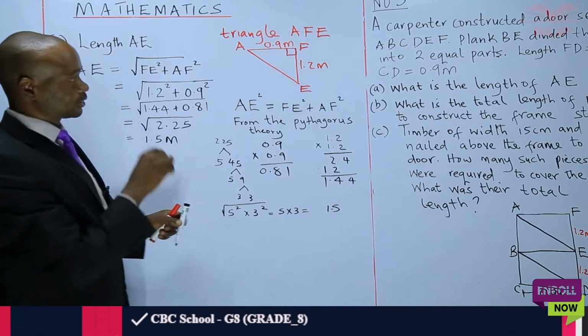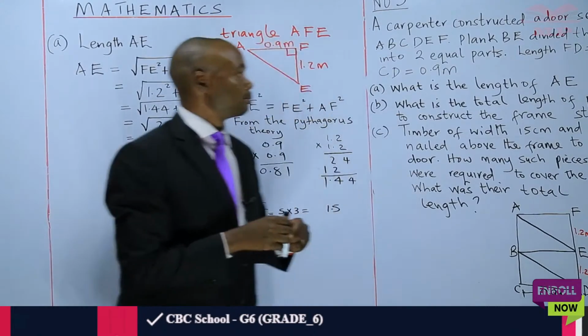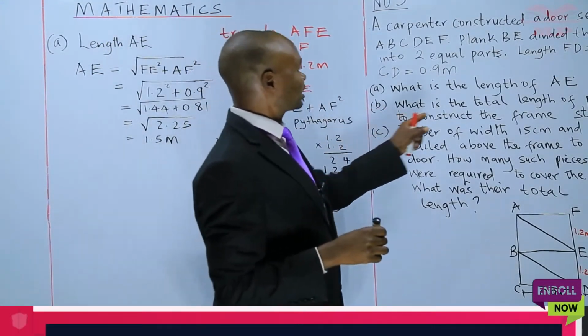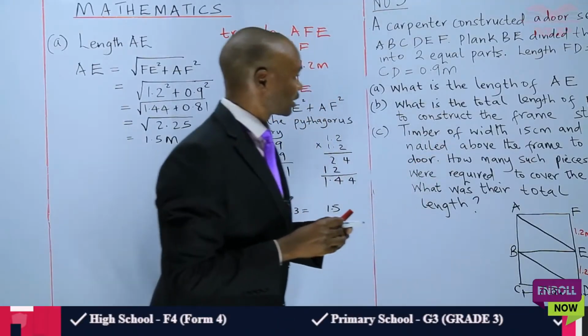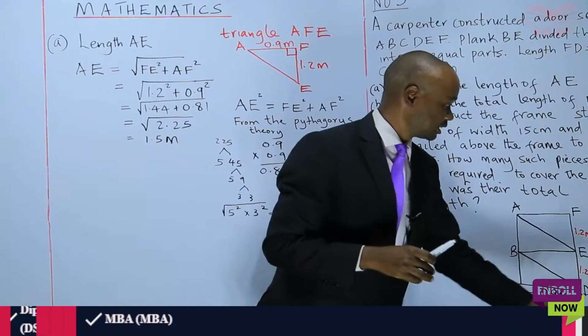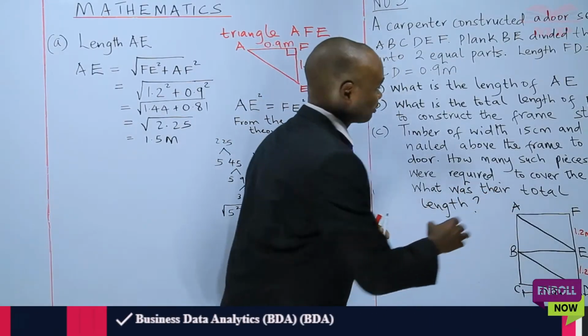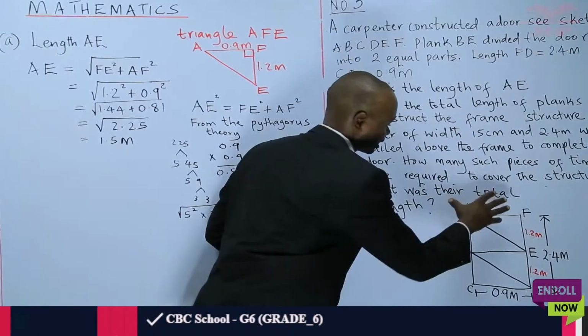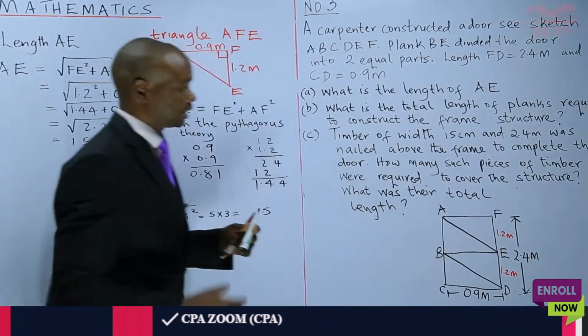We go to the second question, B, where you are told, what is the total length of planks required to construct the frame? So I know you know planks are these ones, AF, FE, ED. Those are the planks that join up to create